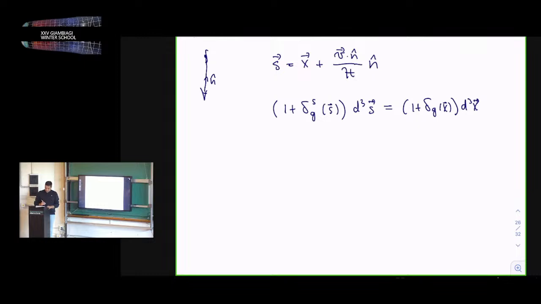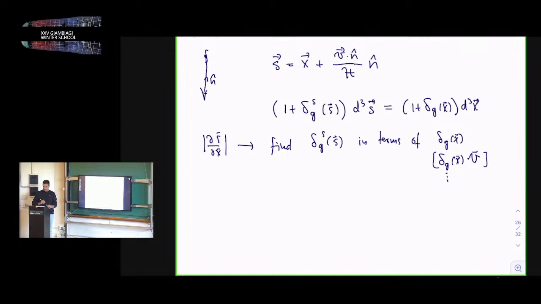What you have to do is to compute ds by dx and then find delta_g in terms of delta_g of x and things like delta_g of x times velocities, and so on. There will be a bunch of new terms, and of course all of these terms can be computed in perturbation theory. I will not give you any more details because we are running out of time,